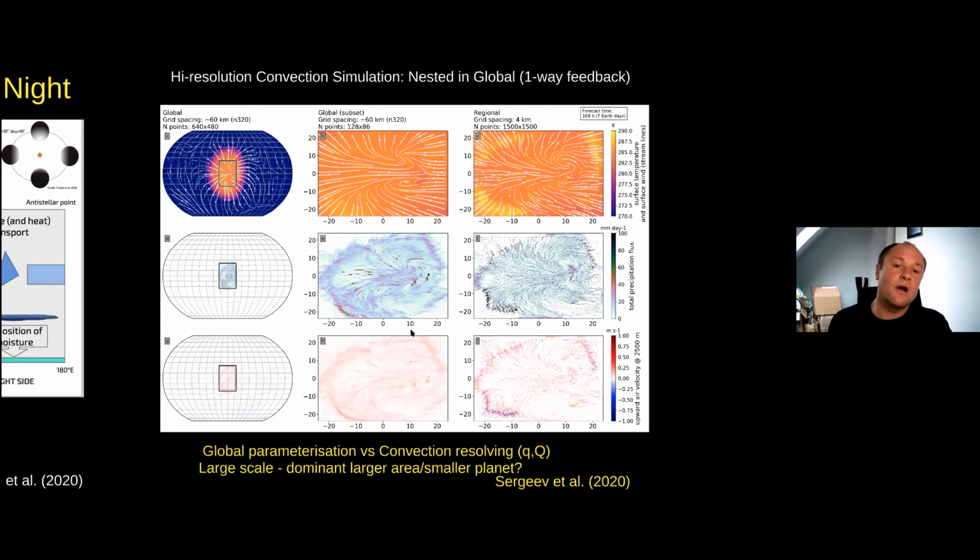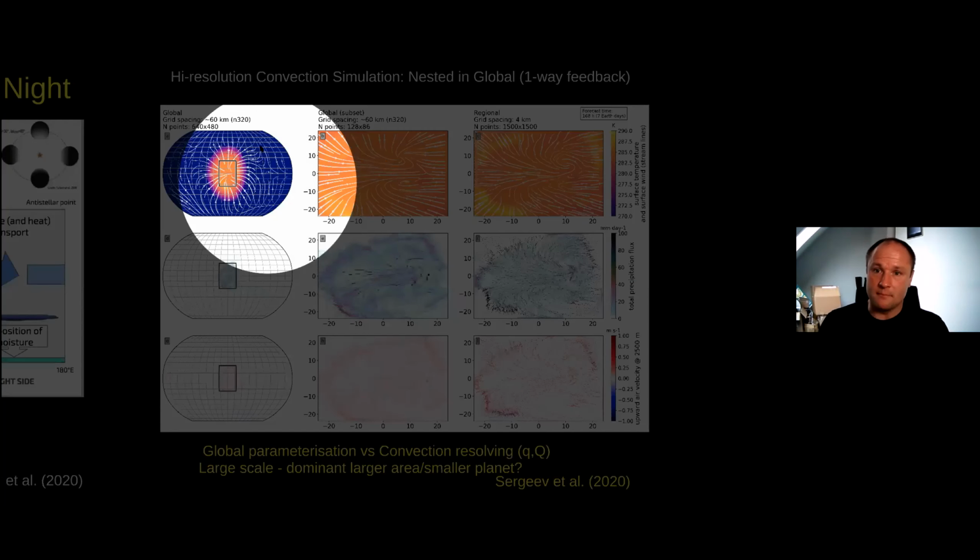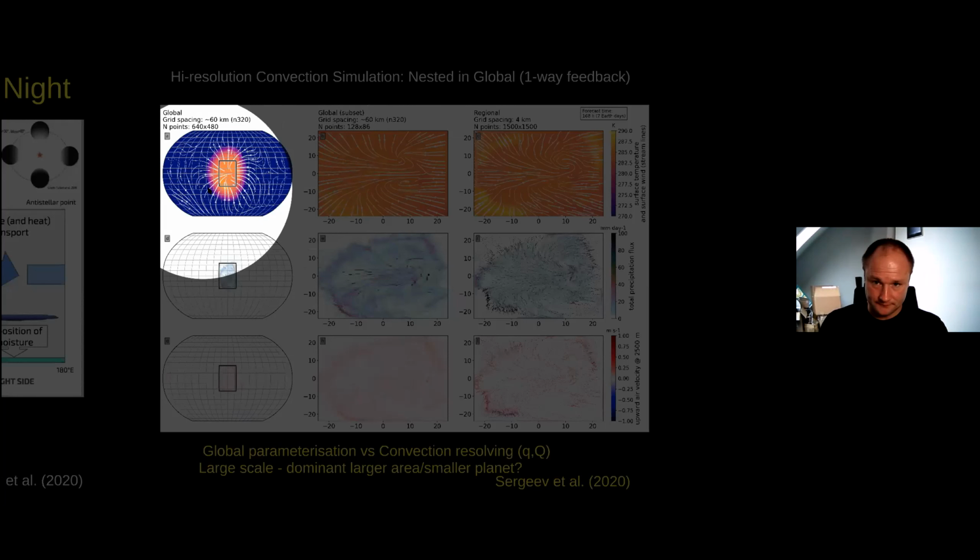So we know very well how convection works, and we have various ranges of simplicity and complexity in the convection parameterizations. But how does that work for a terrestrial planet orbiting an M dwarf, where the M dwarf spectrum is different? There'll be more absorption in the atmosphere, for example, as opposed to all of the radiation hitting the surface. So what we did, these are big global simulations, and we actually zoomed in and used what's